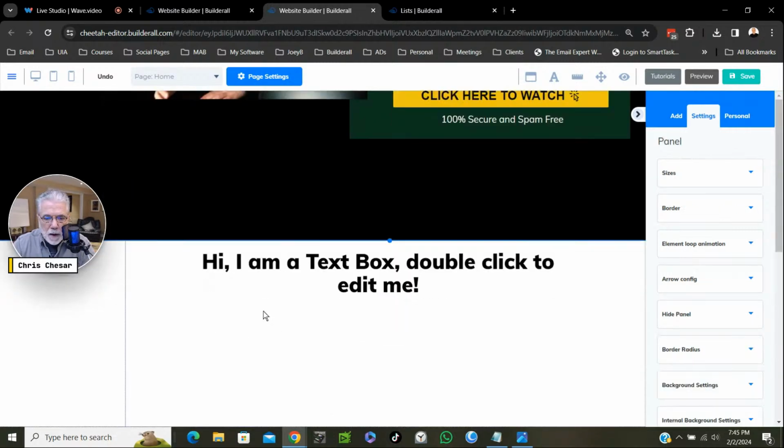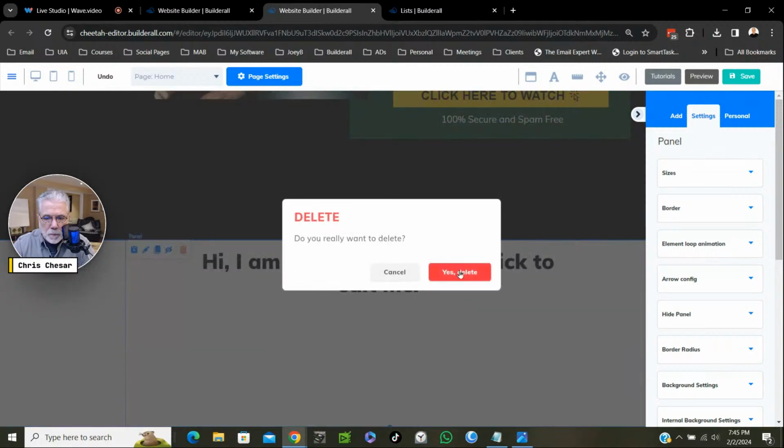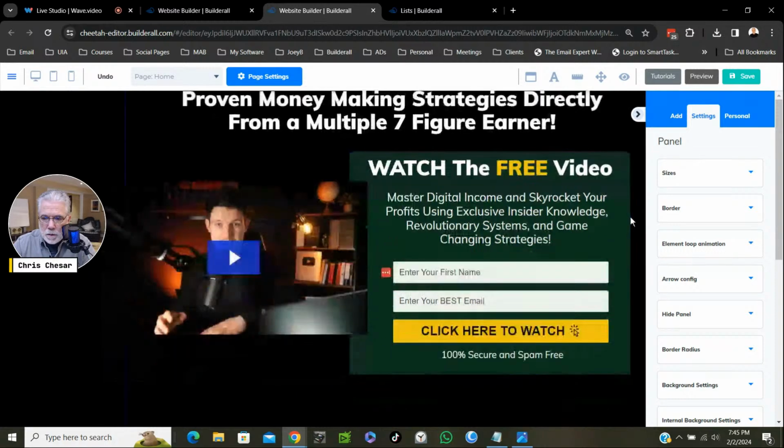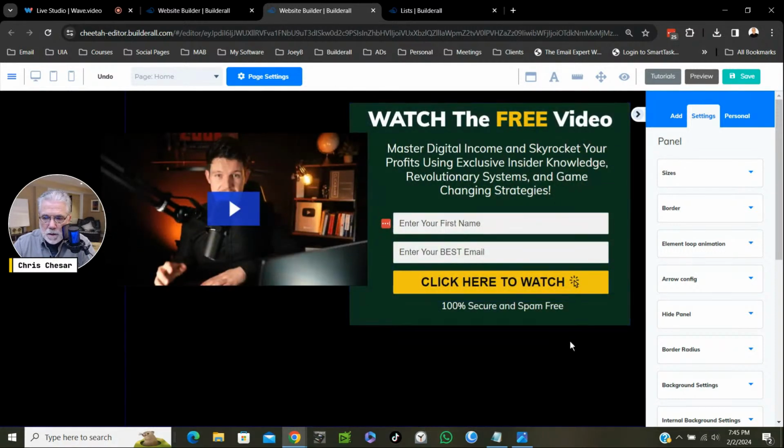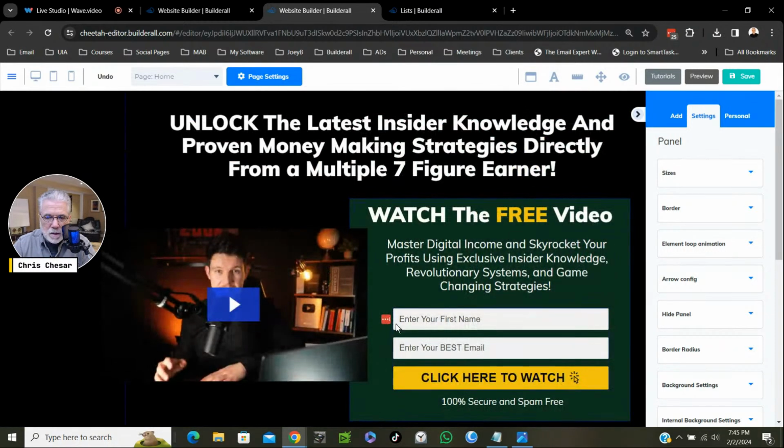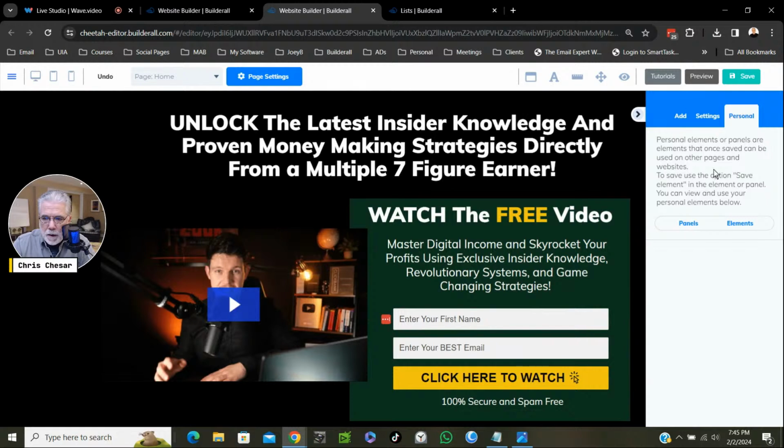Now, let's get rid of this panel. We don't need it anymore. So I'm going to right click on this panel, hit delete. Yes. Good. So now it ends here, and we just need to add some sort of footer on here with a disclaimer. So I probably have something already. So I'm going to hit personal, and this is where I can save different panels, and you'll see how I use this. We're going to go to panels